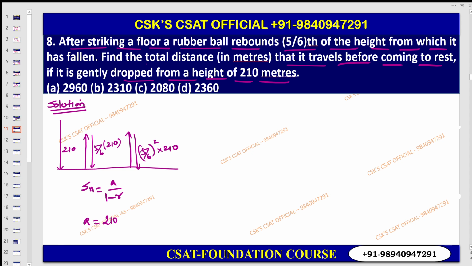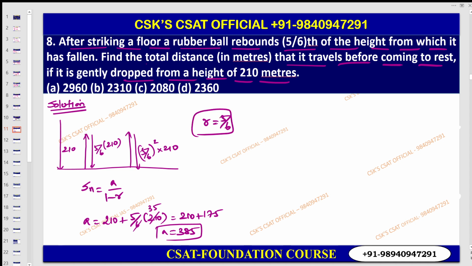So 210 plus 5 by 6 of 210. Cancel this one, 35: 210 plus 175. Now a becomes 385. And r is nothing but 5 by 6, the common ratio. Apply this and you will get the answer. So a becomes 385